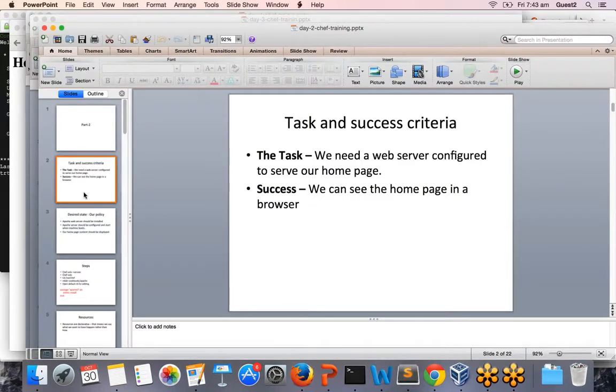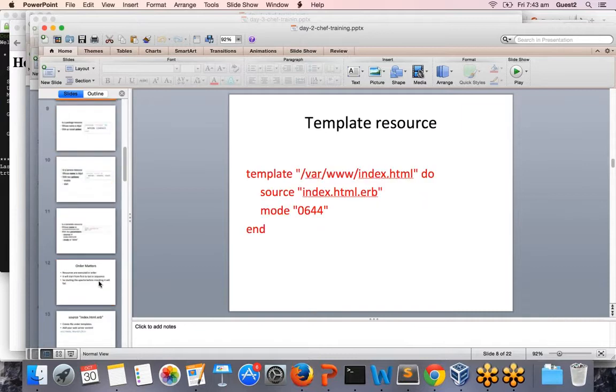Okay, so yesterday we have seen the task and criteria. The task was to get the web server configured and the home page up and running. Success criteria, we can see the home page in the browser. Yes, we have done it. Now coming to the next topic,